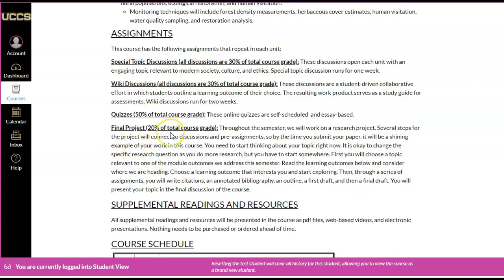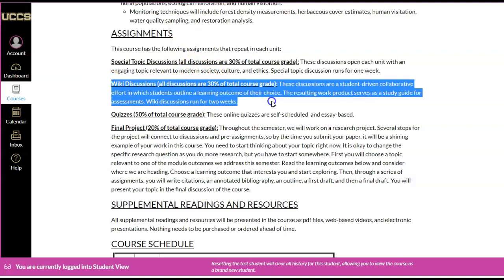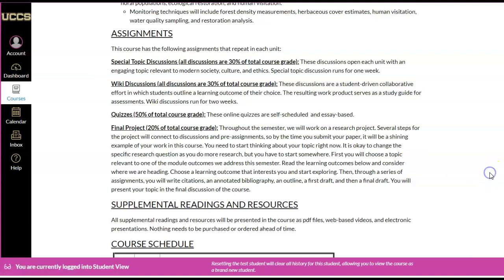Okay, we have the final project, the quizzes, and then 2 different kinds of discussions. So we'll always be in a discussion. When we're in a wiki discussion, this is basically a student-driven collaborative effort to build a study guide. So I told you already, you don't have to read every single thing that I post. You have to read enough to be an effective communicative member of our community.